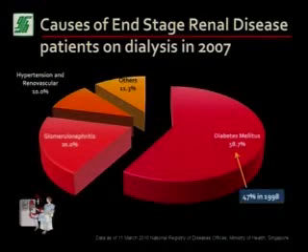And this is a far cry from 1998, whereby only 47% of patients with end-stage renal disease requiring dialysis had diabetes. And the other conditions: glomerulonephritis, which is inflammation of the kidneys, stands at 20%, and high blood pressure stands at 10%, sorry.